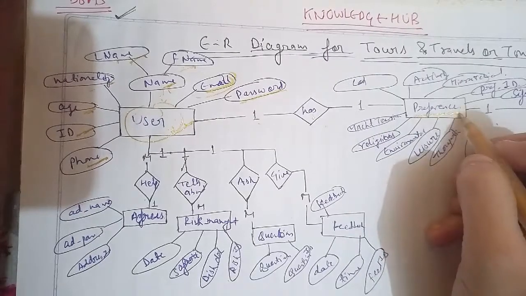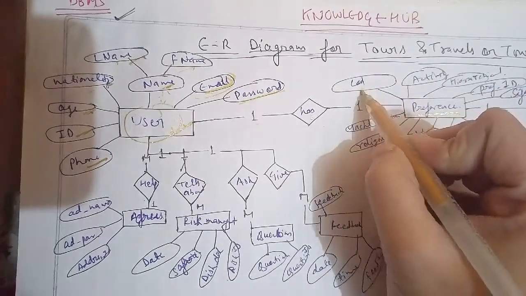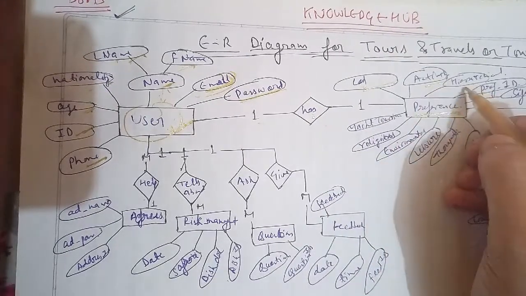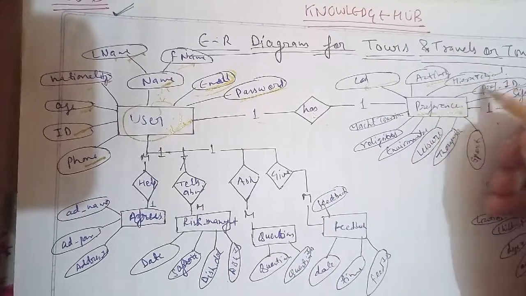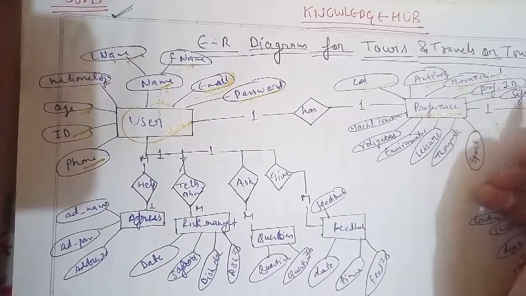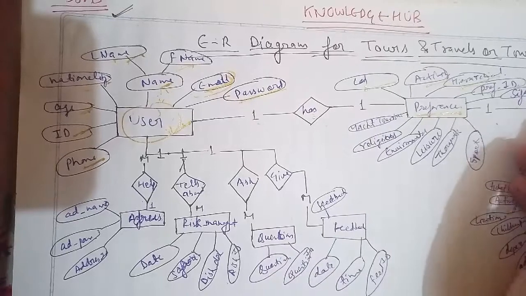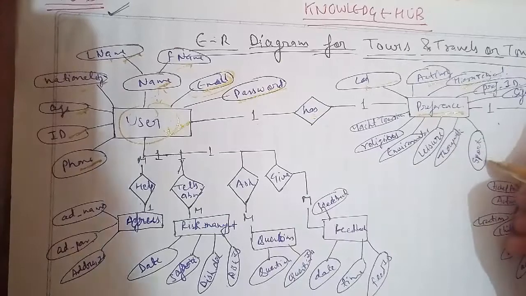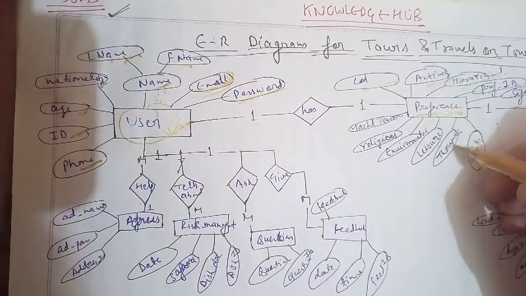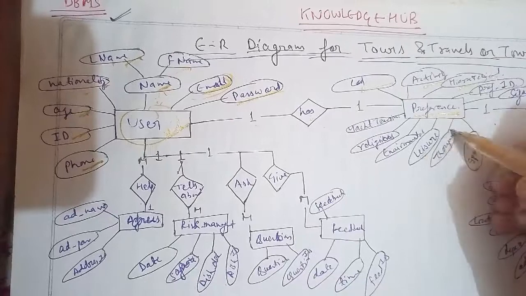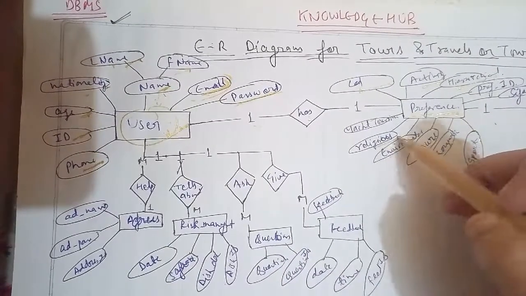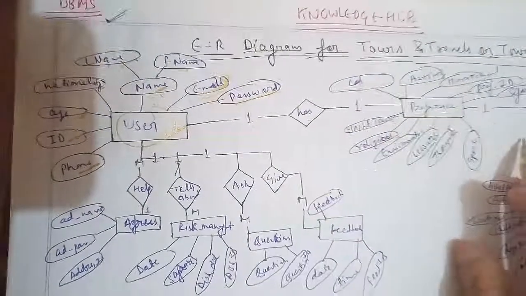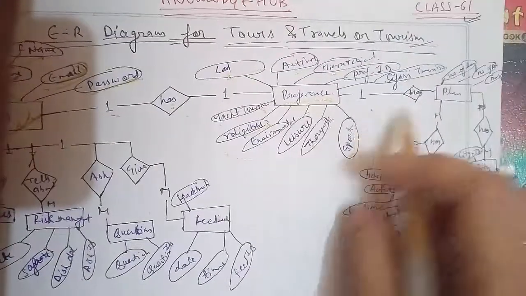What preferences they have is their preferences. This should have the ID, then what activity, then what type of preferences, like a preference ID. Preference types could be hierarchical tourism, safari tourism, sports tourism, therapeutic tourism, leisure tourism, environmental tourism, religious tourism, or actual tourism. In terms of preferences, it will have the plan, of course.